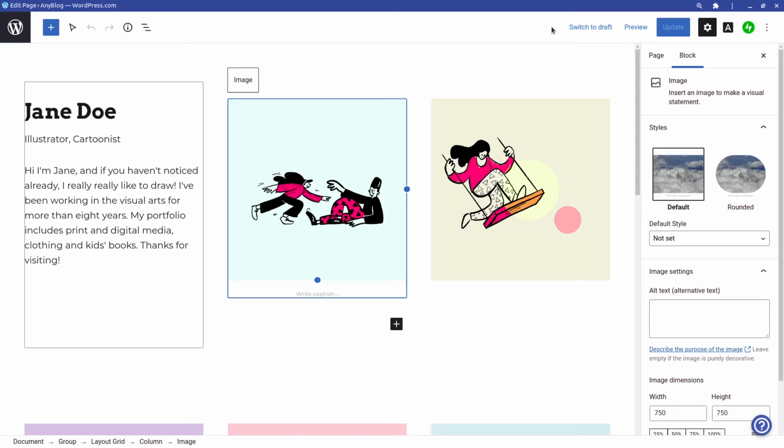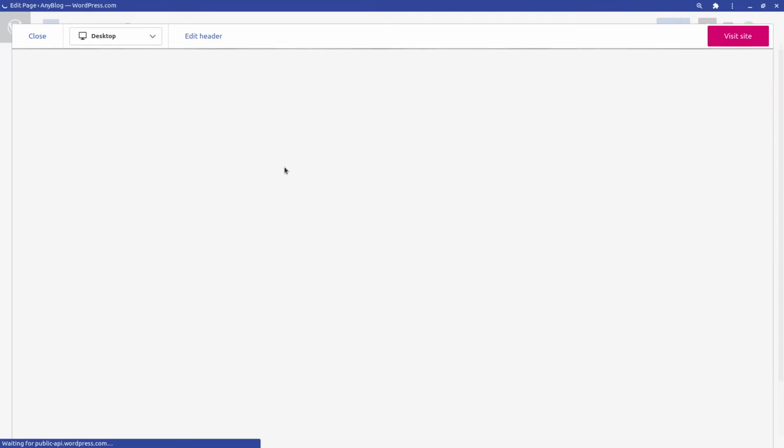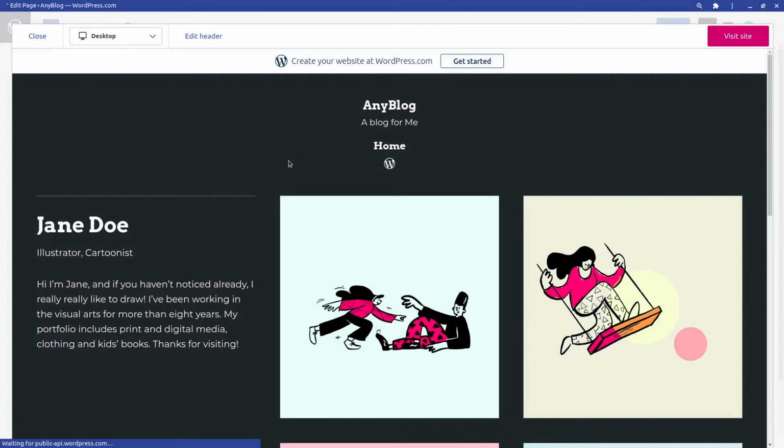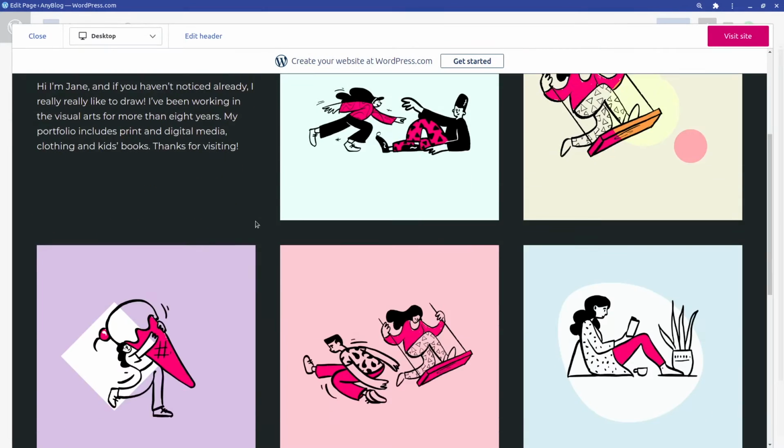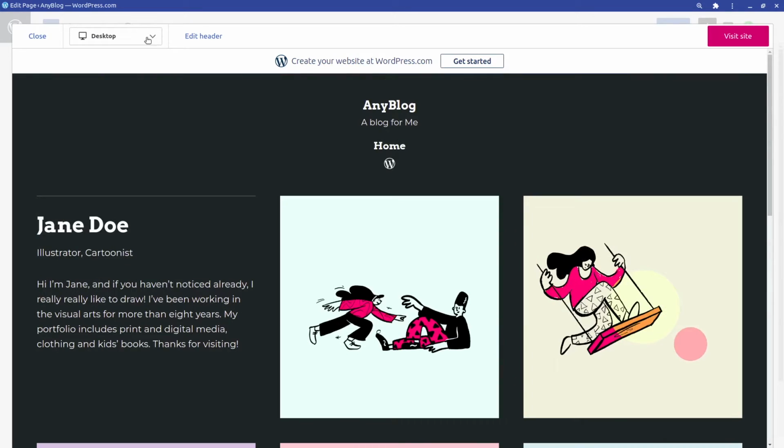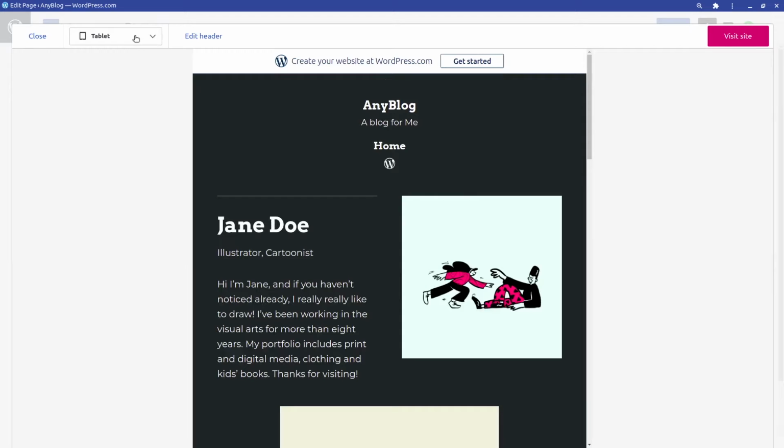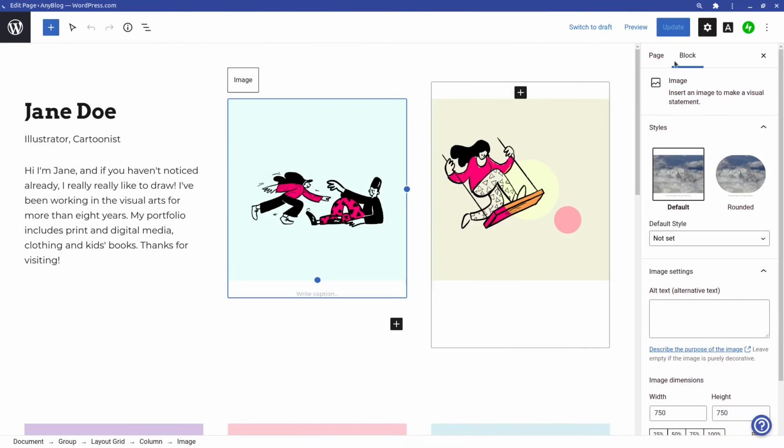And this one, switch to draft, means that I will unpublish my site. If you remember in the last video, we published this website and set it to public. So I can switch to draft, and then this website will be unpublished. Preview is just a preview. If you look, this is a white background, but if you remember in the previous videos, I did change it to the dark background. So this is how it looks. This is the preview for my website, in tablet mode and in phone mode. And then the update button lets you publish your updates onto the website.